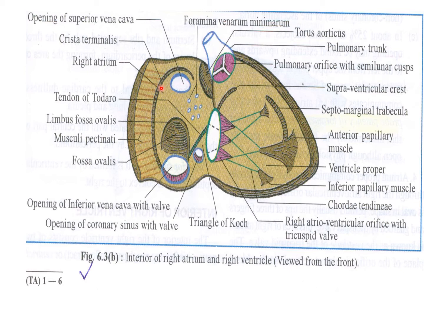The ridge runs downward along the right wall of the atrium, coinciding externally with the sulcus terminalis, and below it joins the right horn of the wall of the inferior vena cava. The crista terminalis is a remnant of the upper part of the right venous wall. So what is the crista terminalis? A smooth muscular ridge. From where to where does it extend?